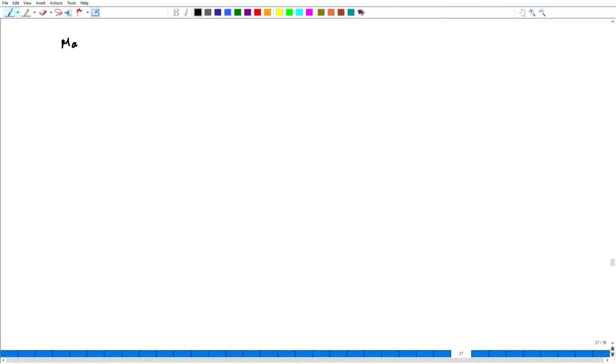I'll be continuing discussion on two-dimensional point groups, and in this lecture we'll have a look at how we can use matrices to represent symmetry operations. So we'll start this as matrix representation. So, matrix representation of symmetry operations.